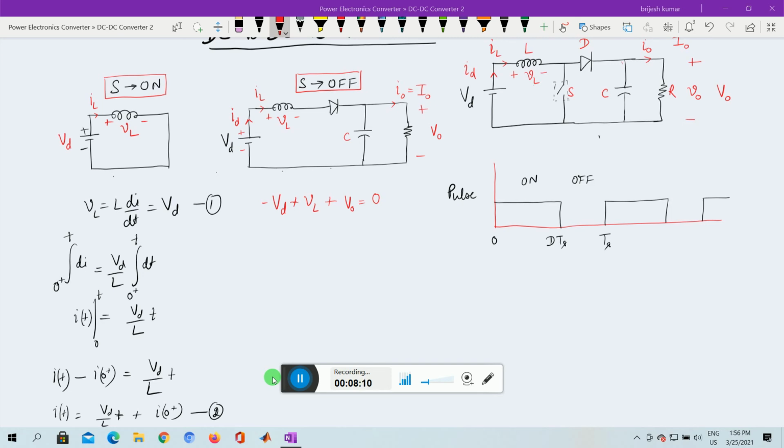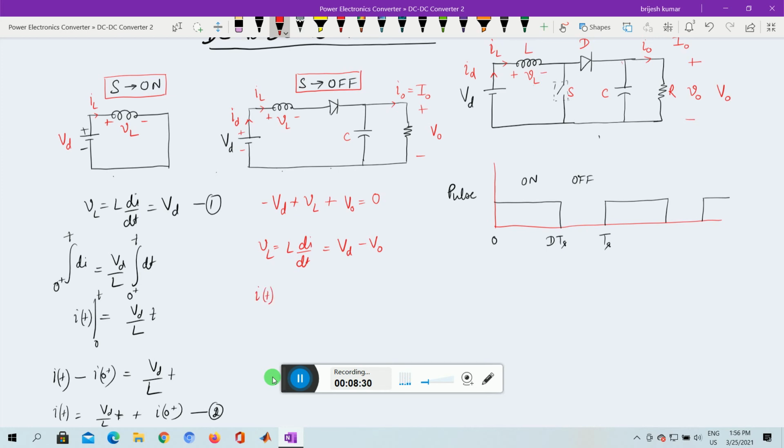So from here we can write that VL is equal to L di by dt, which is equal to, this will go to this side, Vd minus V0, and we can again get a relation by integrating, and we can write now